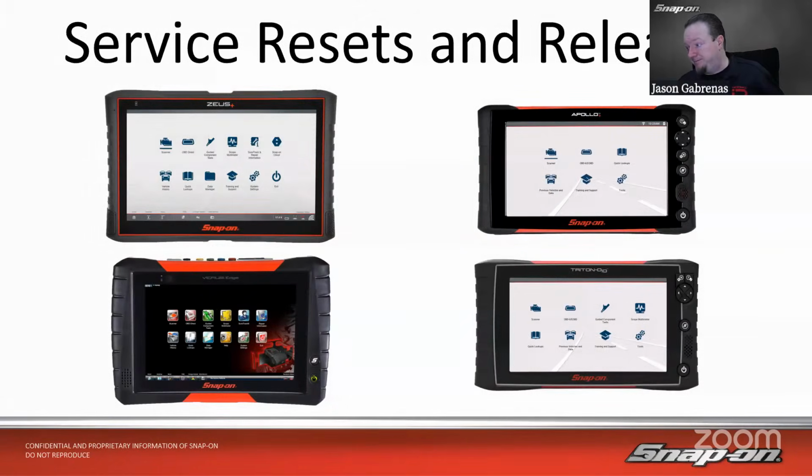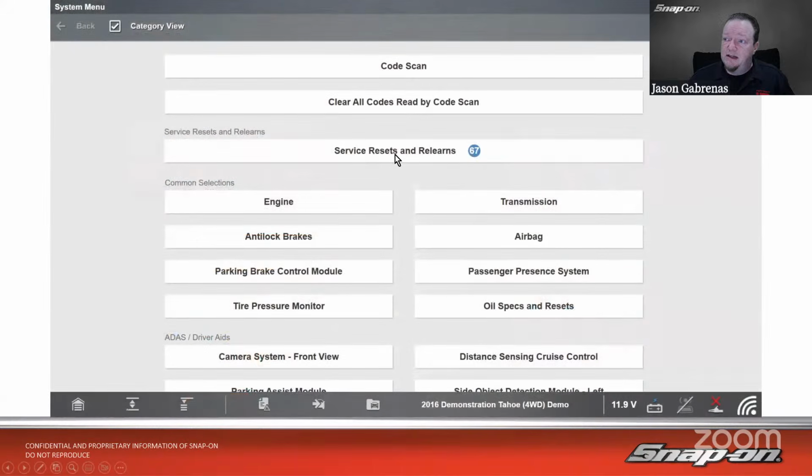Next thing. This is going to be service resets and relearns. So this is available on any of our intelligent diagnostic tools. So the Zeus line, the Apollo line, and the Triton line, as well as the Verus Edge, and only the Verus Edge, not the Verus Pro. So it's available to those product lines. And what this does is in here, it'll be the third button down, and it will give you a link